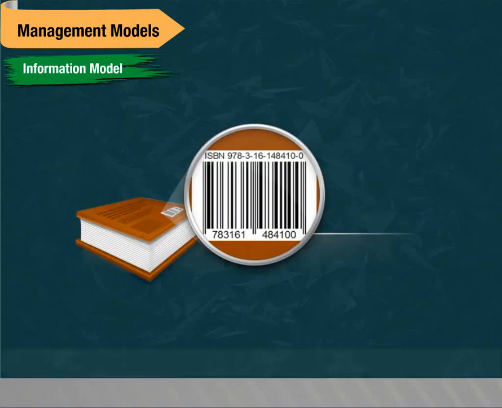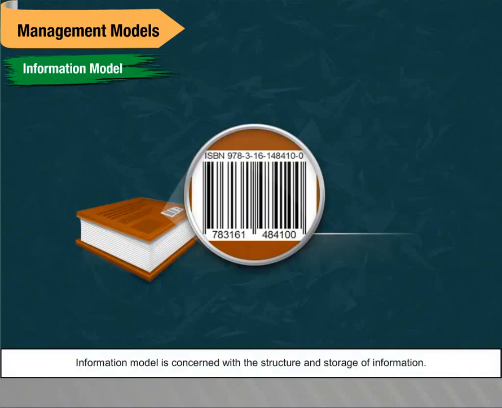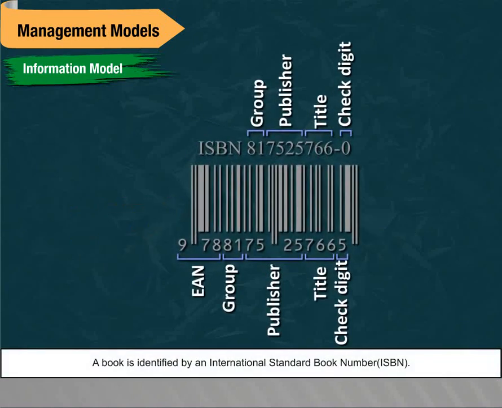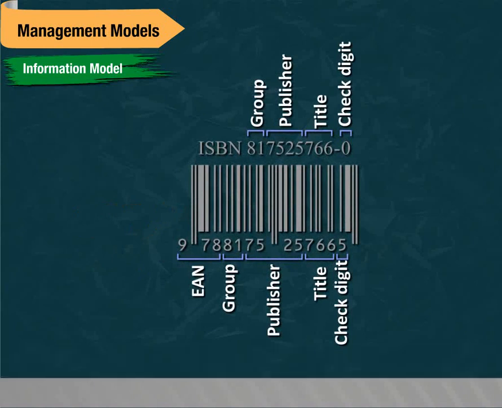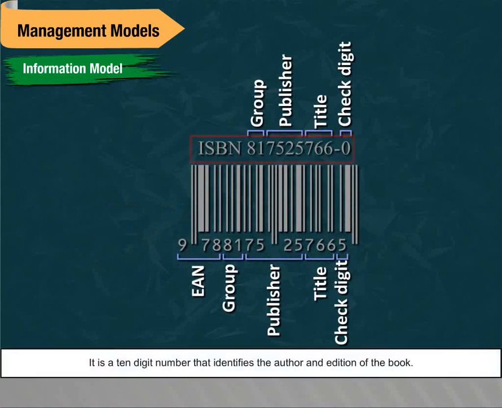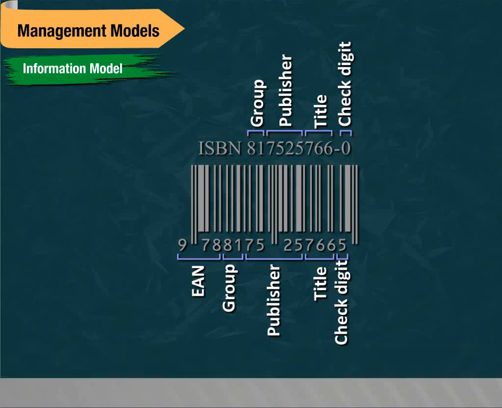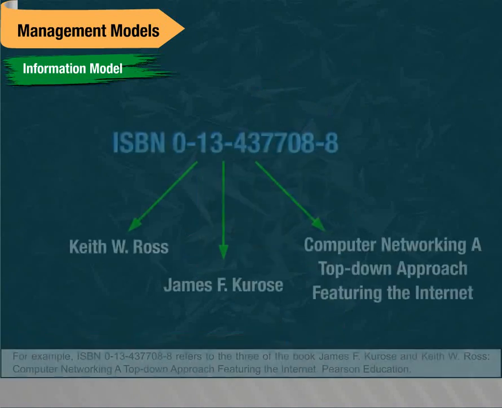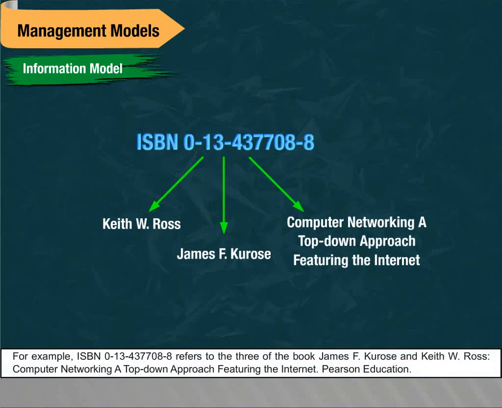Information model. The information model is concerned with the structure and storage of information. A book is identified by an International Standard Book Number (ISBN). It is a 10-digit number that identifies the author and edition of the book. A figure in a book is uniquely identified by ISBN, chapter, and figure number in that hierarchical order. For example, ISBN